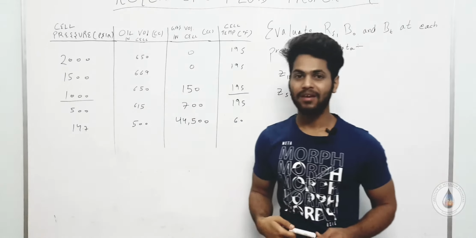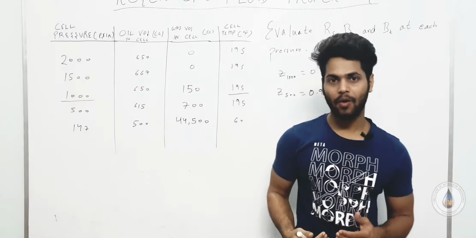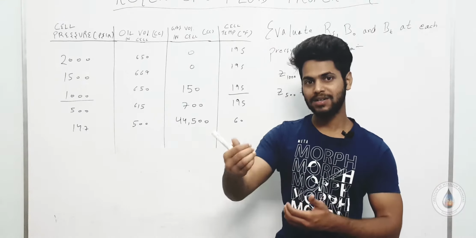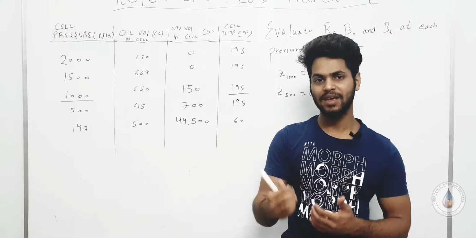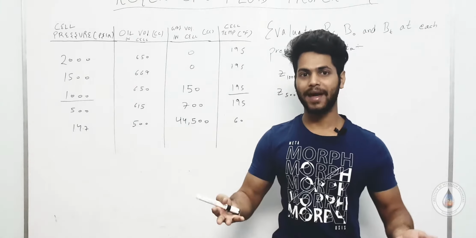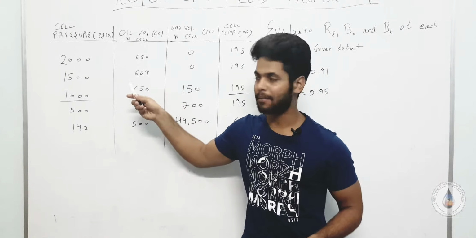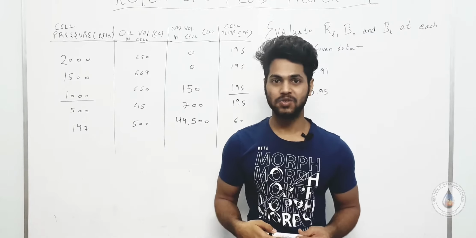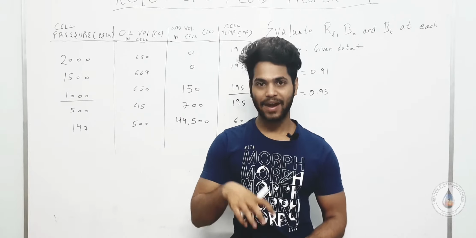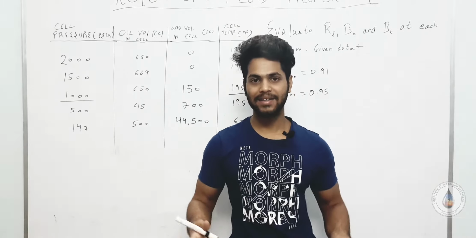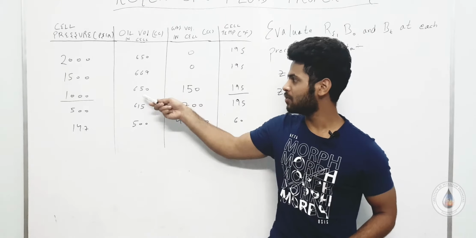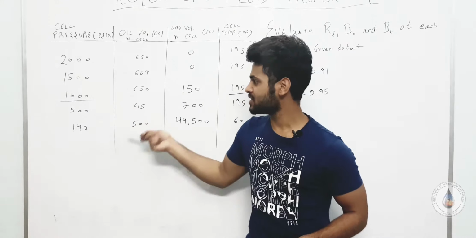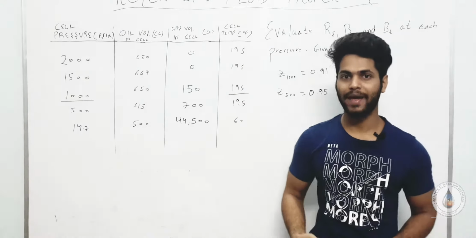So why is that happening? Well, we remember that if our oil is above bubble point pressure and I am decreasing pressure, my oil volume will increase because my contracted oil will start to expand. So here that phenomenon is happening. But somewhere in between 1500 and 1000 psi, I have reached my bubble point pressure. At that point, the gas that was dissolved in my oil starts getting released from my oil. That's why my volume has decreased from 669 to 650 again. With further decrease in pressure, we know that our oil volume will decrease as more and more gas will come out of the solution.